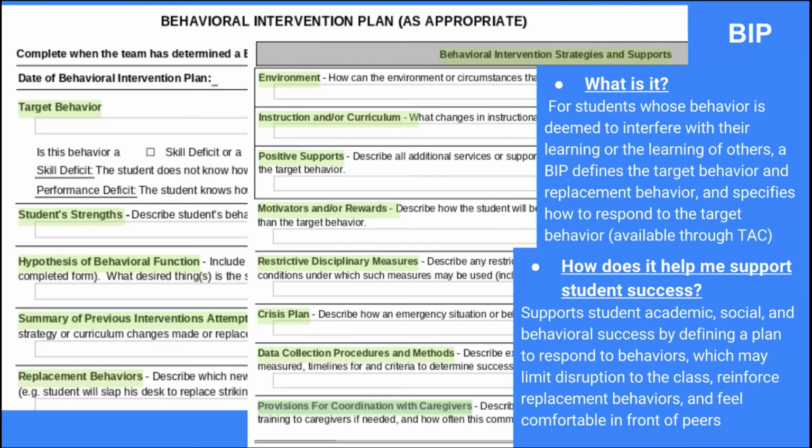A behavioral intervention plan supports implementation of replacement behaviors, those that are more positive than the target behavior, and increase access to the learning environment for the student and their peers. The BIP operationally defines the target behavior or describes what the behavior looks like and the potential function it serves. Your role in implementing the behavior intervention plan is important. Familiarize yourself with the plan and provide the interventions and reinforcers as they are listed. Your input as to how the plan is working or may need to be revised is also important to share with the case manager.